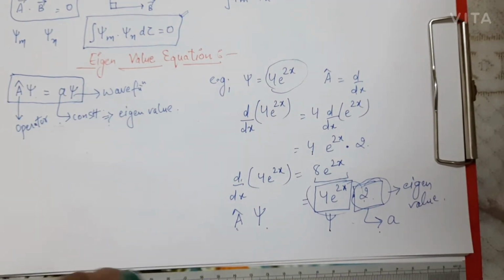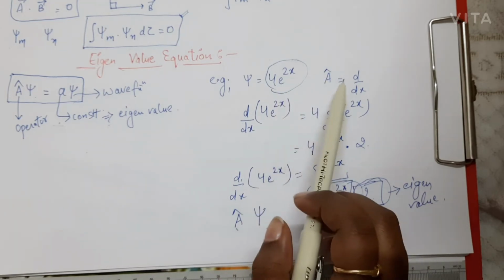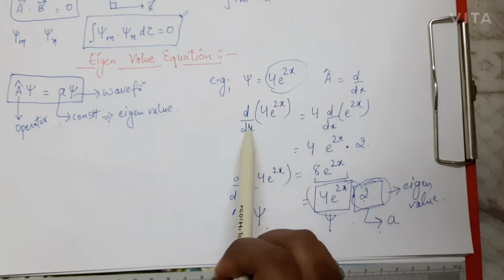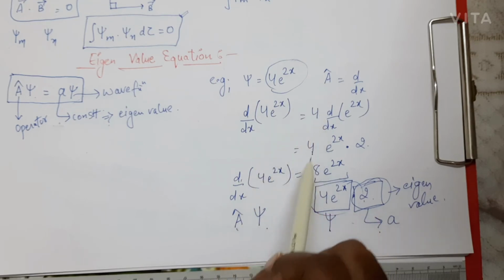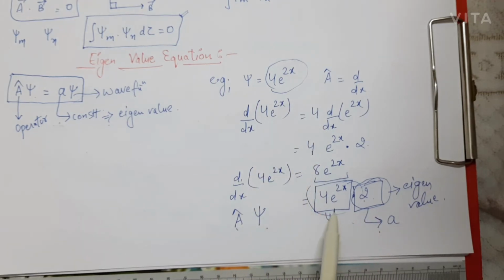So what you have to do, you will be having any wave function and an operator. You have to apply that operator to the wave function and then solve. After solving, you will be getting your wave function back along with some constant. Remember, you should get some constant and not any variable, like x. So that constant value will be giving you the eigenvalue for that wave function. If you are getting a variable also along with some constant and your wave function, then that means that wave function is not following your eigenvalue equation.